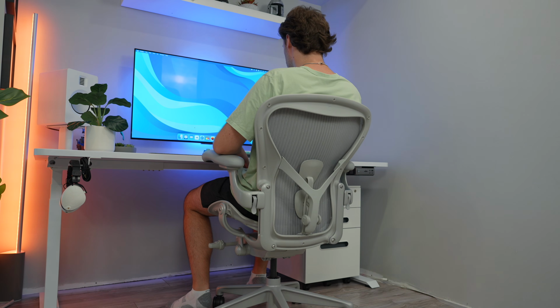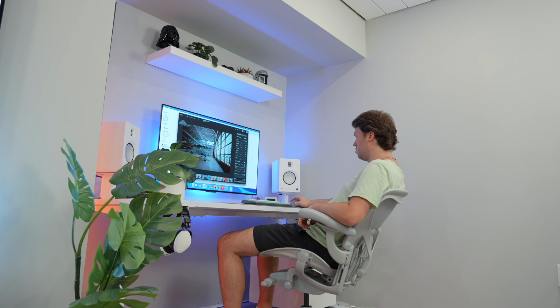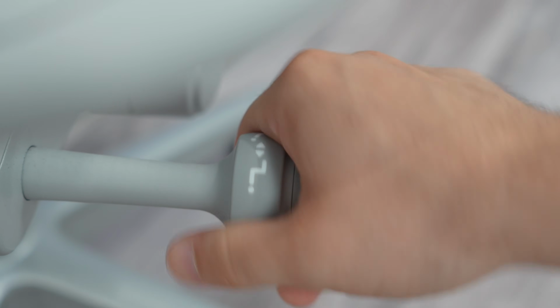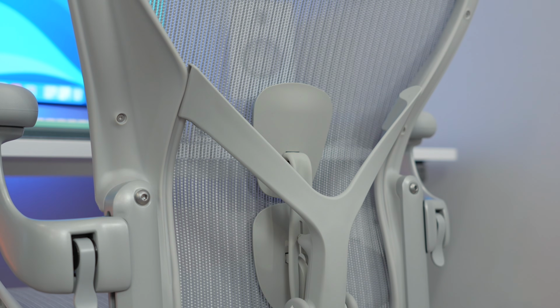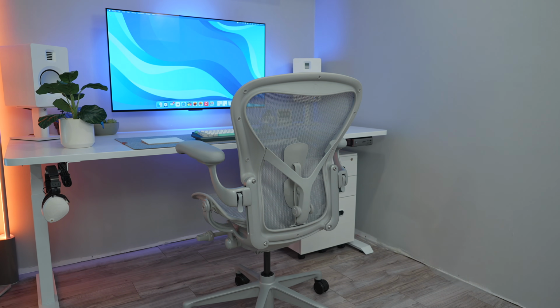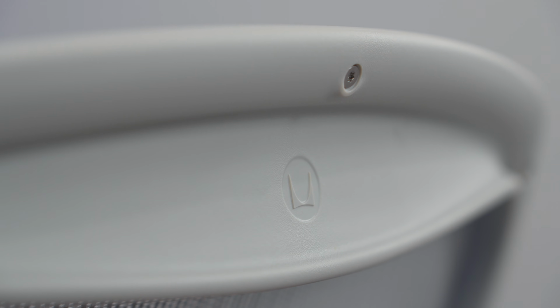The first upgrade is actually one of the biggest upgrades I've ever made, and it has to do with the chair. And this chair needs no introduction. I'm sure you've seen it before, or at least you've heard of it, which is the Herman Miller Aeron. The Aeron has been a staple in the office chair space for so many years now, and it's totally understandable as to why. I mean, the build quality is seriously incredible with the 8Z Pellicle textile material, which is super